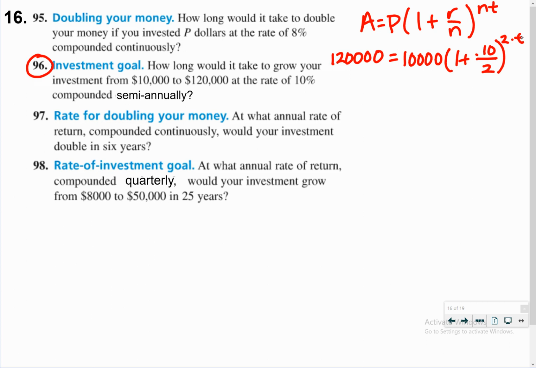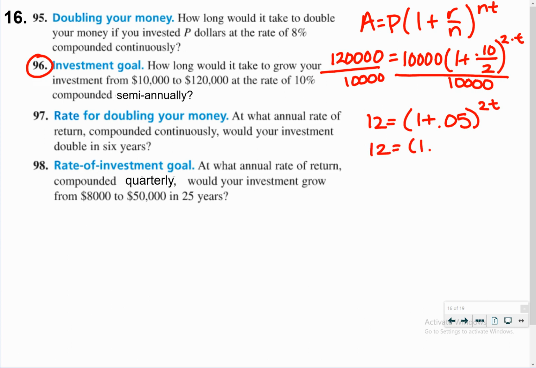Okay, so to solve for the exponent, I'm going to need a log at some point. We'll get there. If I'm going to solve with a log, you guys did this on the test yesterday, it's an exponential equation. You get the exponential part alone, the base alone, and then we take the log of both sides to bring the power down. So the first thing I'm going to do is divide by 10,000. I'm going to get that base alone. So I'm going to get 12 equals 1 plus, and I can actually simplify this a little bit. If I do 0.1 divided by 2, I get 0.05 to the 2t power. I could even simplify that a little bit more and just say 1.05